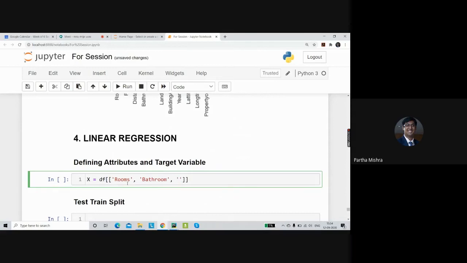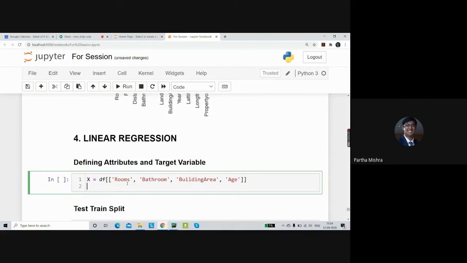Third one is the building area. The fourth one was age. Okay, so these are our attributes. The target variable that we wanted to find out was the price of this particular building. The price becomes our target variable.